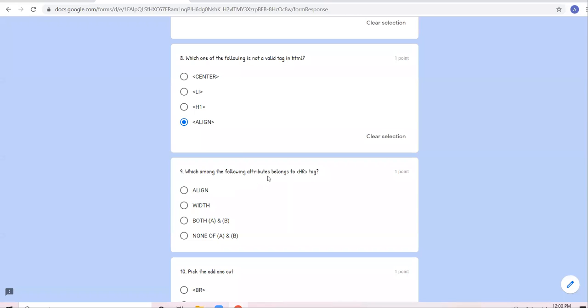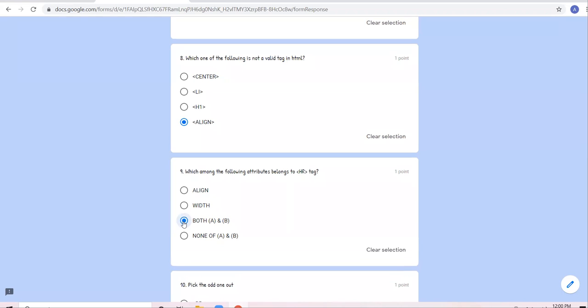Which among the following attributes belongs to HR tag? Align, width, both A and B, none of A and B. बेटा अलाइन भी एट्रीब्यूट है, विड्थ भी एट्रीब्यूट है, कलर भी एट्रीब्यूट है, साइज भी एट्रीब्यूट है, नो शेड भी एट्रीब्यूट है एचआर का.